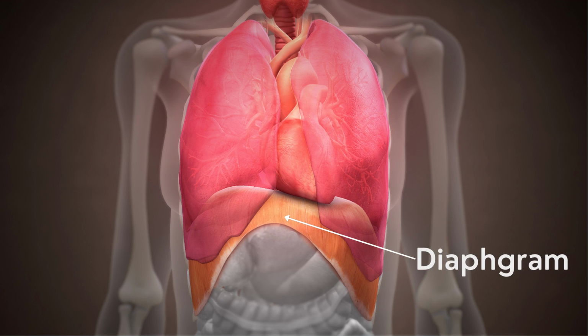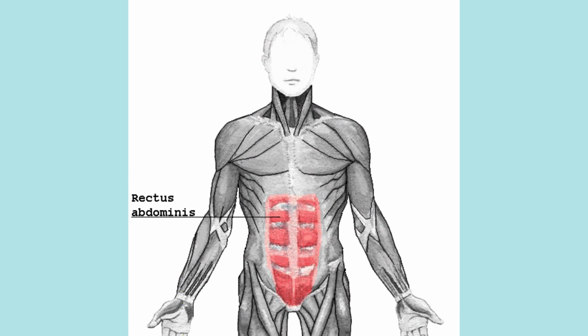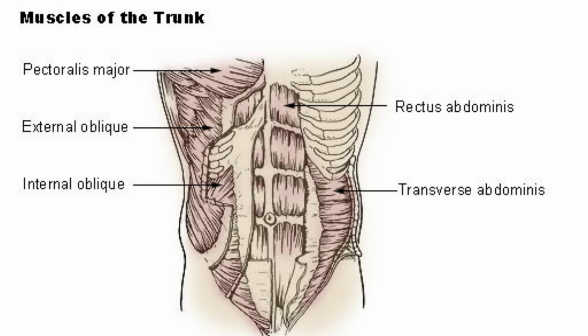This is a diagram which shows you the lungs and the surrounding structures. As we can see over here, there's the diaphragm located just beneath the lungs. So you can understand that it has a major role in the mechanics, as we will discuss. Next we have the rectus abdominis muscle. There are also muscles of the trunk, etc., which help us in expiration.